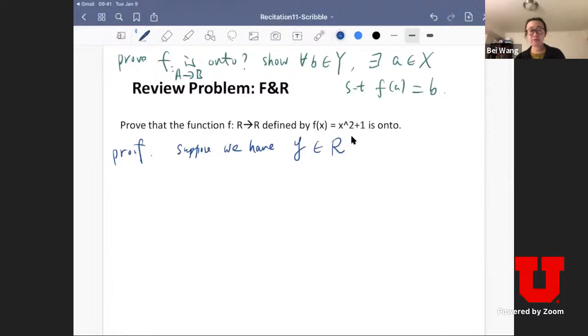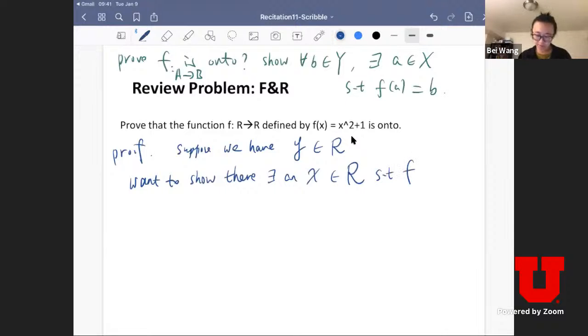And now we want to say for y in the codomain, there exists an x. We want to show there exists an x that is part of the domain such that f of x is equal to y. So this is what we want to show. But now we need to figure out